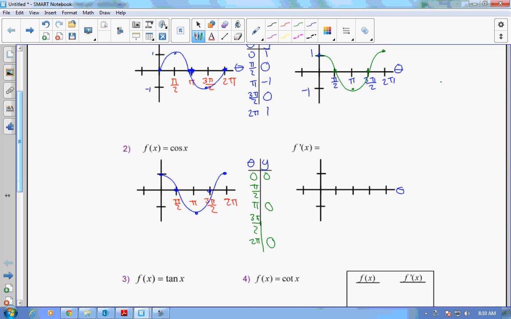Here it's decreasing. So the point of inflection, if it's decreasing on the derivative, would be a minimum. So -1. And then it starts increasing. So the point of inflection between concave up and concave down, if it's increasing, shows us the derivative would be a maximum. So if you graph that,